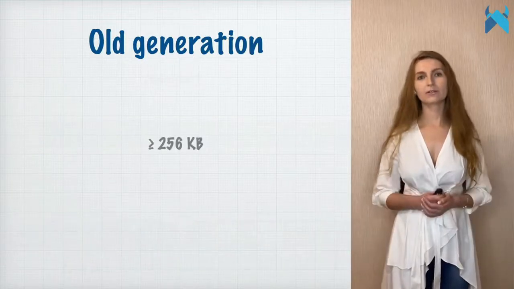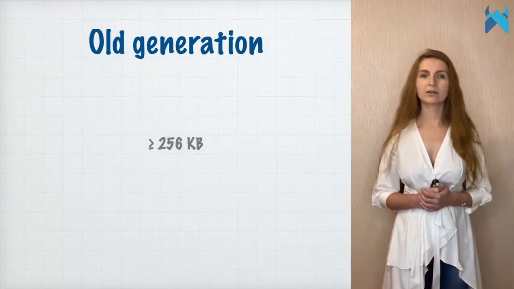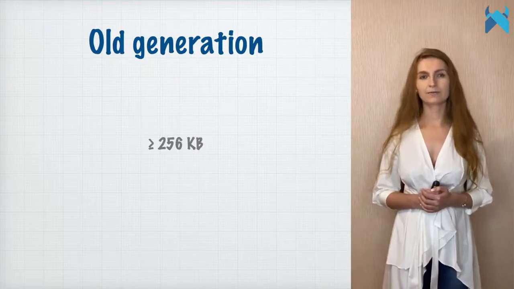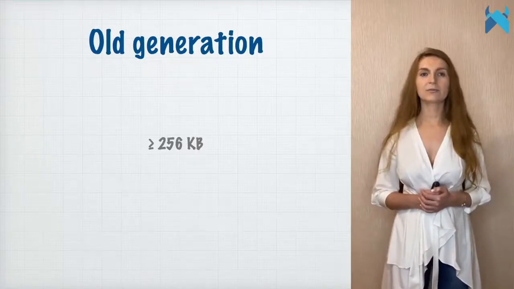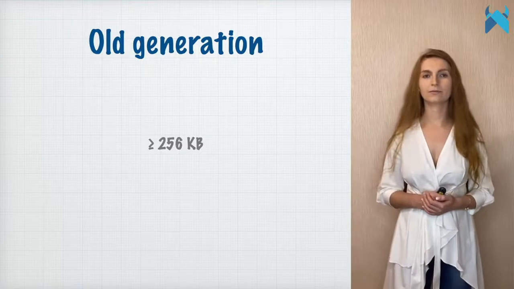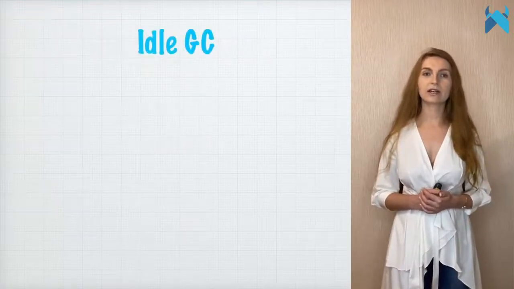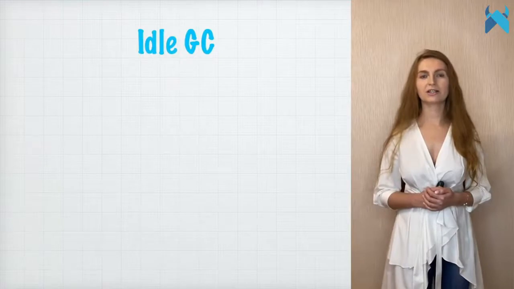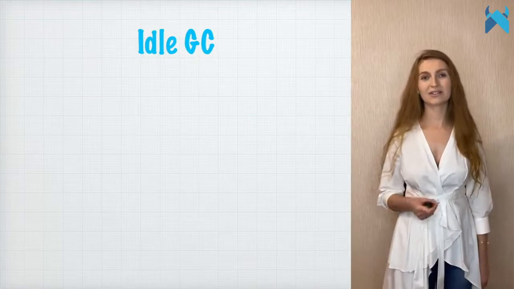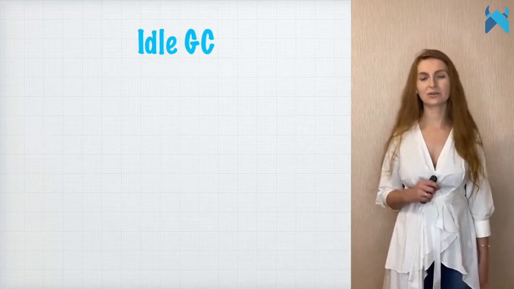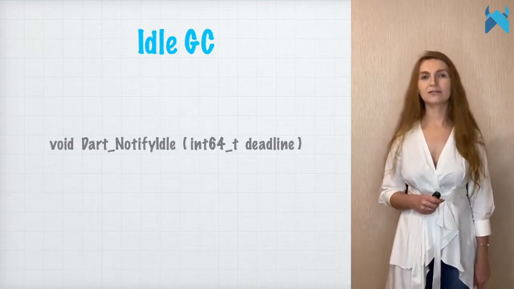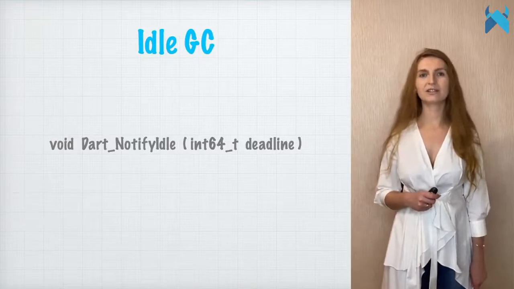We already know that objects might get allocated directly in the old generation if at the time of allocation the new generation was full. In addition, objects that are bigger than 256 kilobytes also end up straight in the old generation. We saw that GC has mechanisms to run garbage collection at times where it could not allocate new objects. But, in fact, it is much smarter than just sitting and waiting for this situation to occur. There is a notify idle callback that notifies virtual machines that the embedder expects to be idle until a deadline.